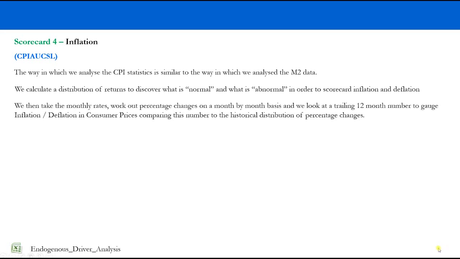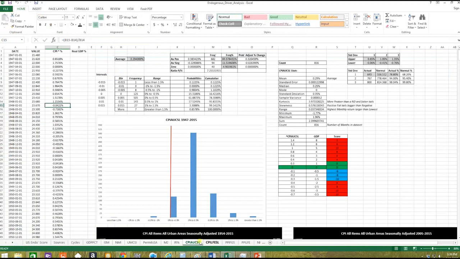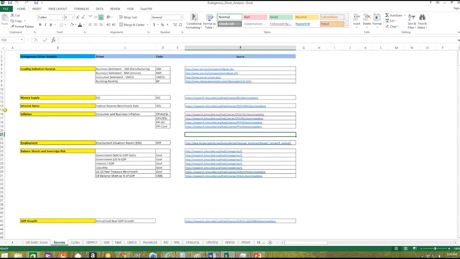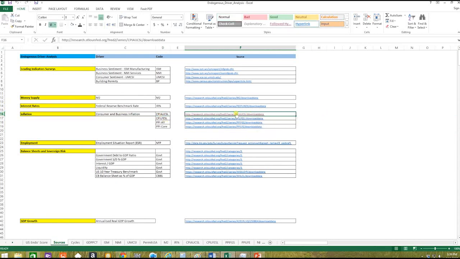Okay, so now we can take a look at this in a bit more detail by going over to the endogenous driver analysis spreadsheet. So if we come out of the presentation and go over to the CPI AUCSL sheet within the endogenous driver analysis file, if we come out of there for a second and go to the sources tab and look for inflation, so consumer and business inflation, and CPI AUCSL,